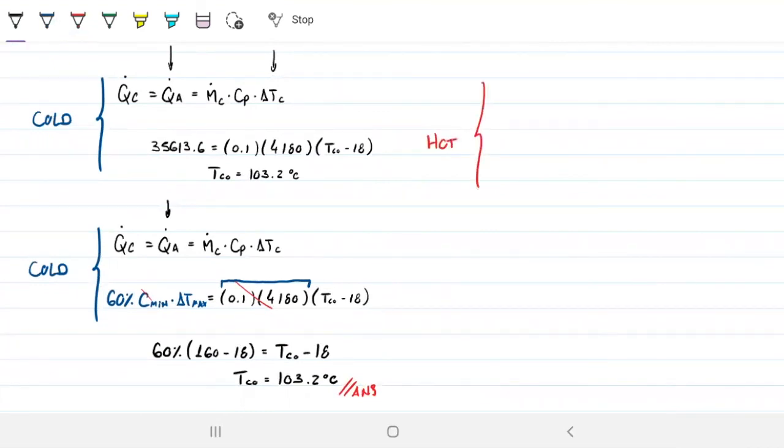same thing, right? So for the hot, we can do whichever method you wish. So Q for the hot has to be the same Q that's being exchanged in the heat exchanger, which has to be the mass flow rate of the hot times the specific heat of the hot times the delta T for the hot fluid. In this case here, 35,613.6 has to be equal to the mass flow rate of the hot, which is 0.2, specific heat of the hot, which is, I forget what that was,